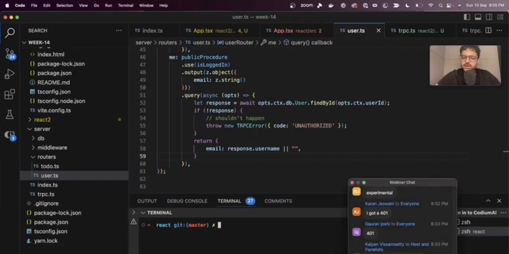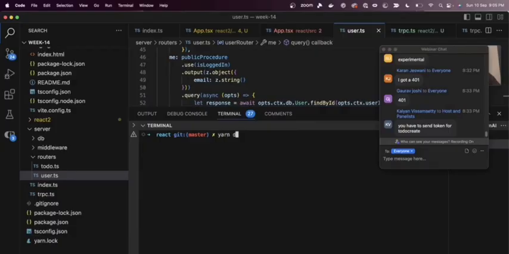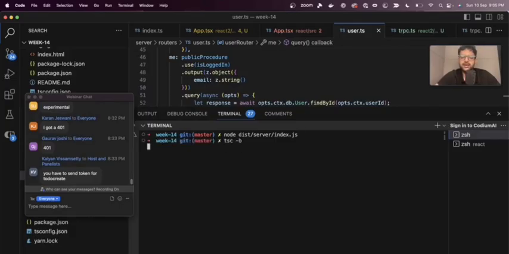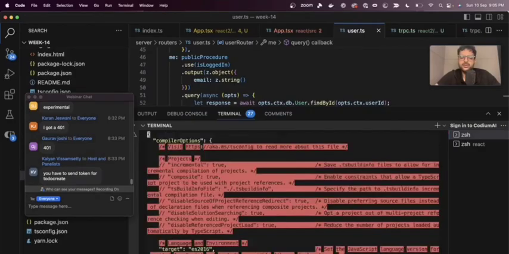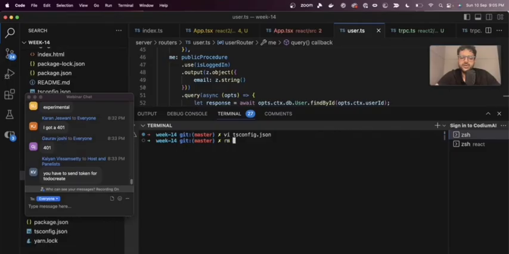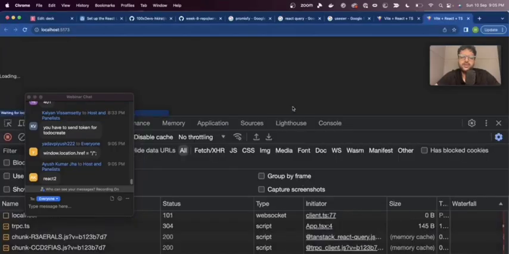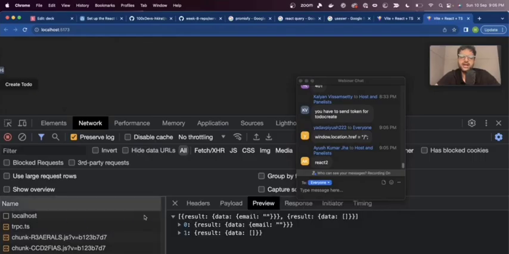Chat is open. The problem is, let me just confirm I'm running the same code as you guys. So let me hard reset the project. I'm running React, yarn dev. I'm running the tRPC backend server, tsc -b, and then, make sure. Let me just remove React 2. I don't think React 2 is the error, but we'll see. Node index.js, refresh, loading, and then I see hi, even though I should see hi email,